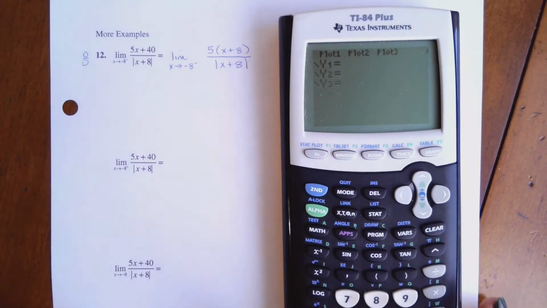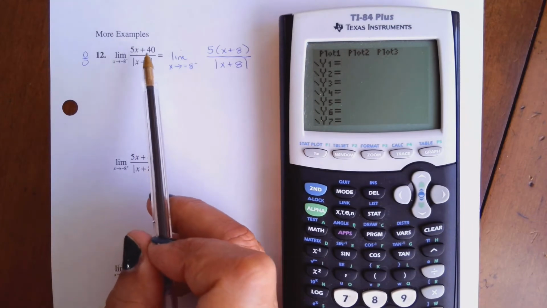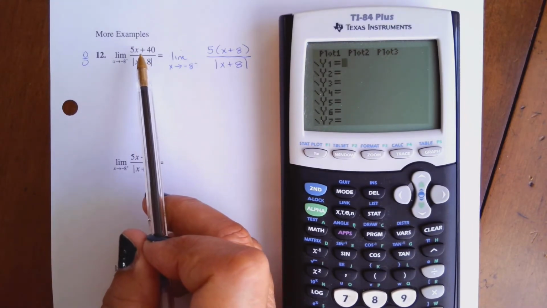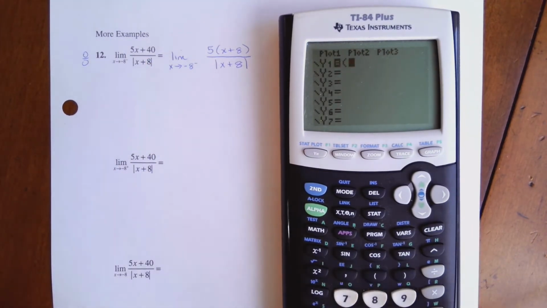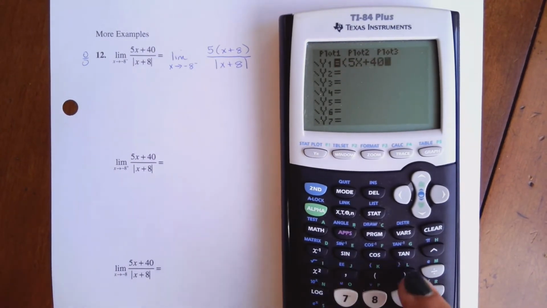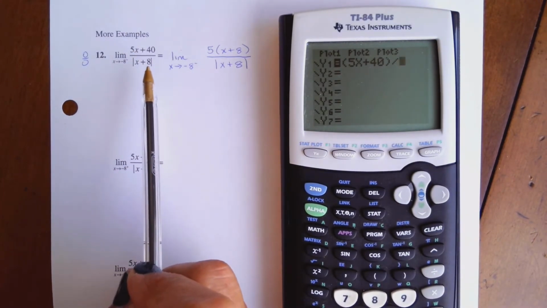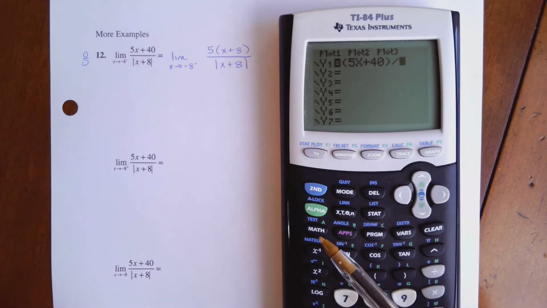If you're going to do this with me, I'm going to put in the original function, because it's a little bit easier to do that on my calculator. In the numerator, I'm going to put parentheses around 5x plus 40, close my parentheses, and then divide it by the absolute value. I want to do this with you in case you forget where your absolute value signs are. Go to math,